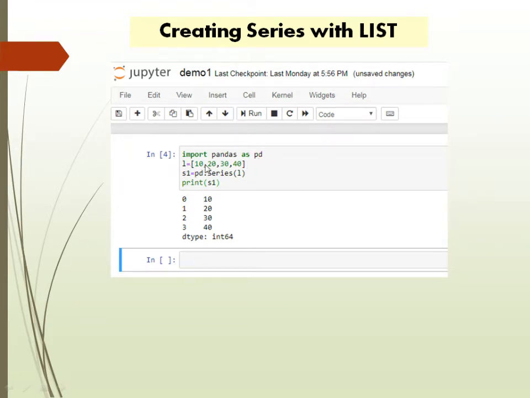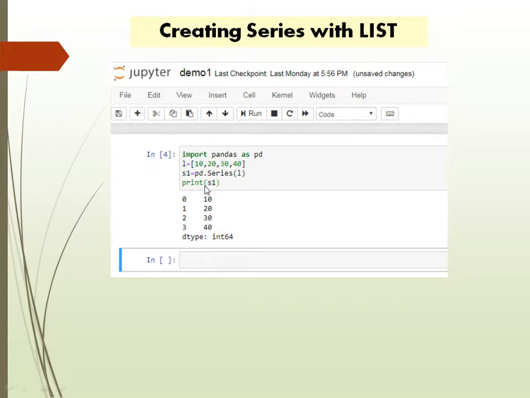L equals 10, 20, 30, 40. It means the values of the list. Now I insert all those values of the list in a series. Listen children, S is capital here. So pd.Series(L), where L is the list. Then all the data is saved in s1. You have to print it, print s1.